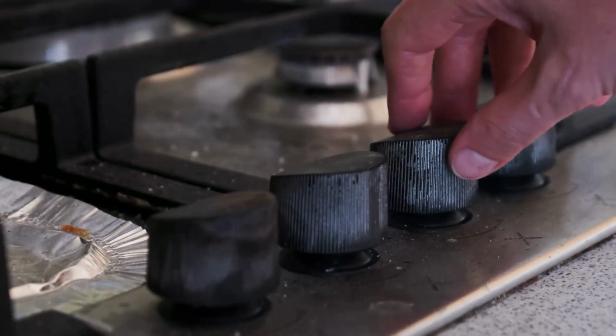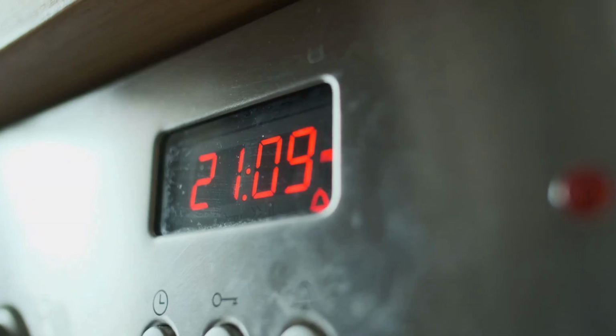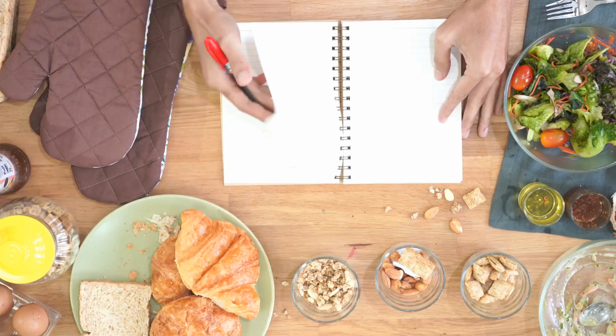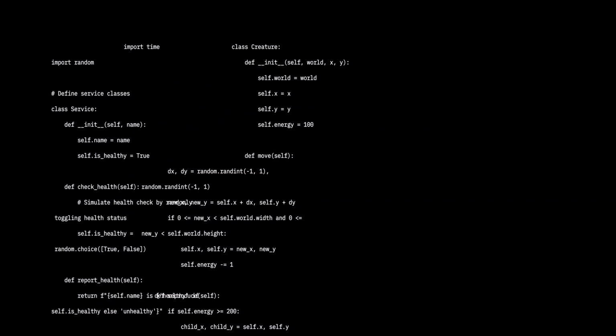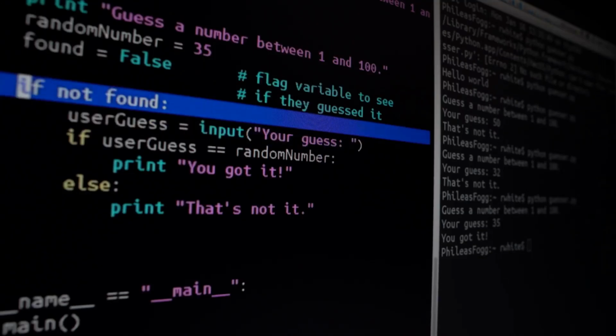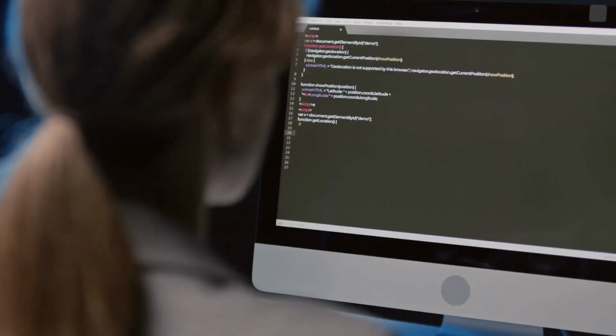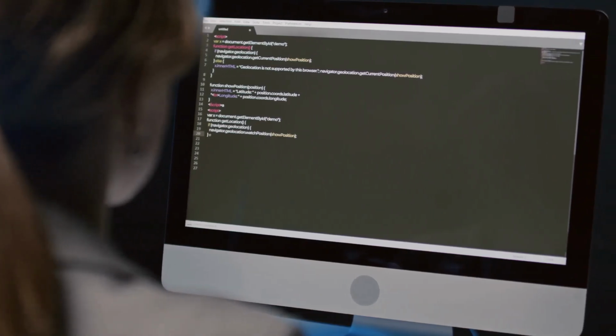Lower the heat right at this point. Use this specific soy sauce for a deeper flavor. Let it sit for 3 minutes after boiling for richer taste. These notes, this is the true heart of a recipe. And for developers, this is what comments are. Code is like the list of ingredients and instructions, but comments are the parts that explain your logic, your decisions, and your fine-tuning. They're your secret kitchen notes, making your work not only functional, but elegant and sustainable.